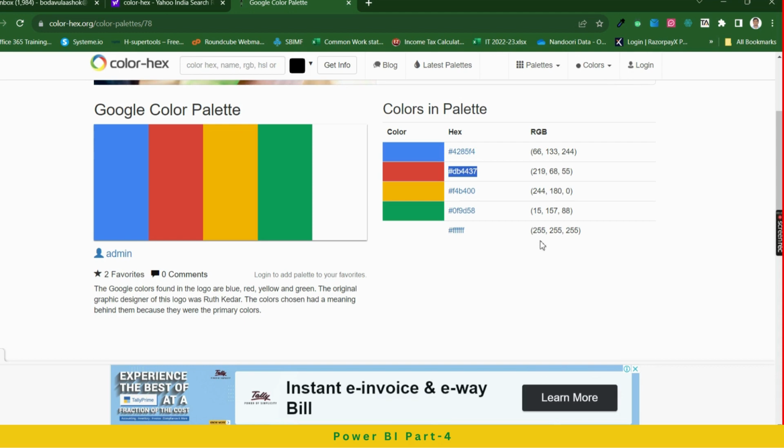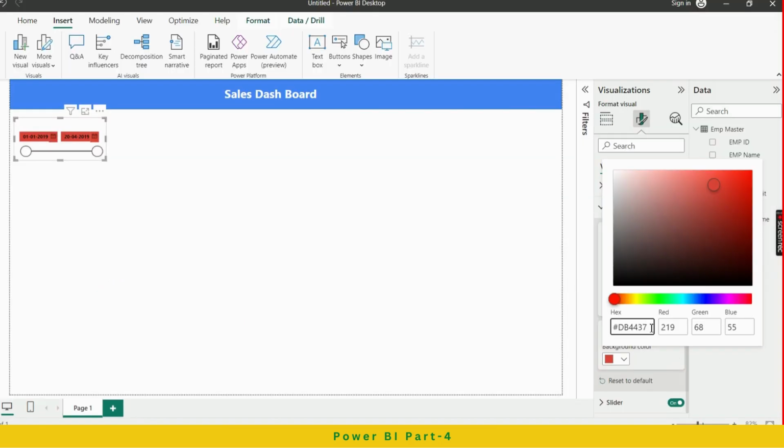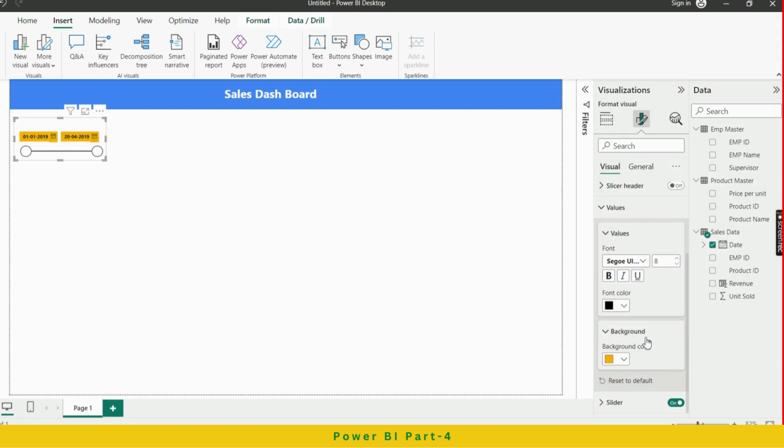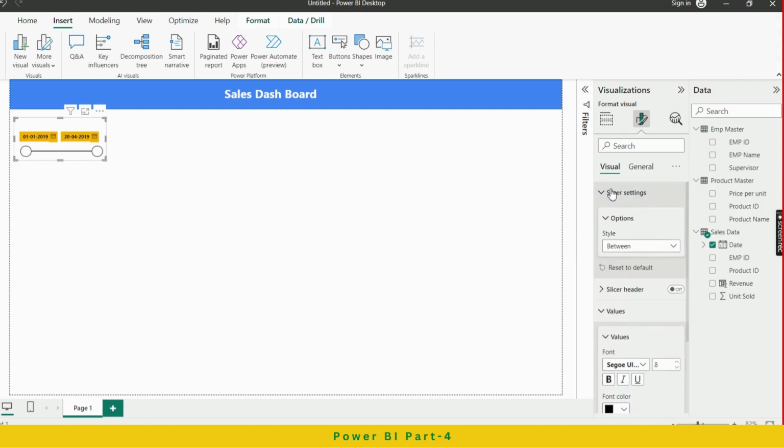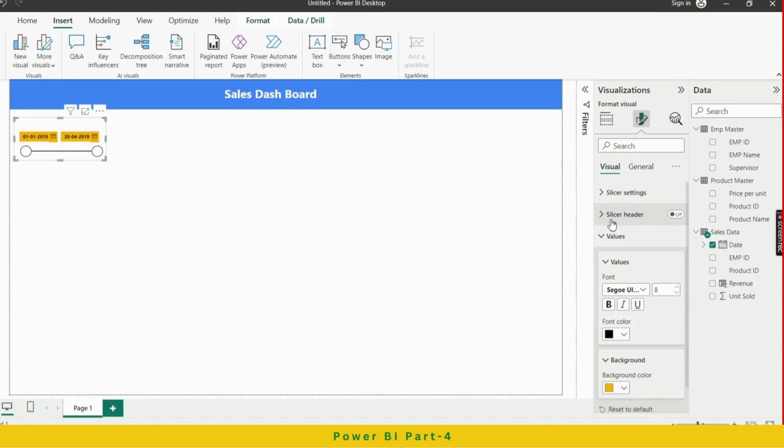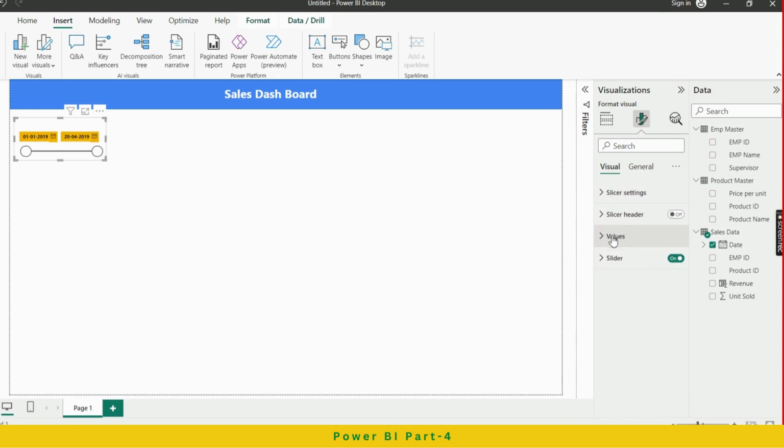Otherwise we'll copy the yellow. So black line items will be clearly visible. Yes, yellow. So okay, now till here everything is fine for values, and coming back to slider,